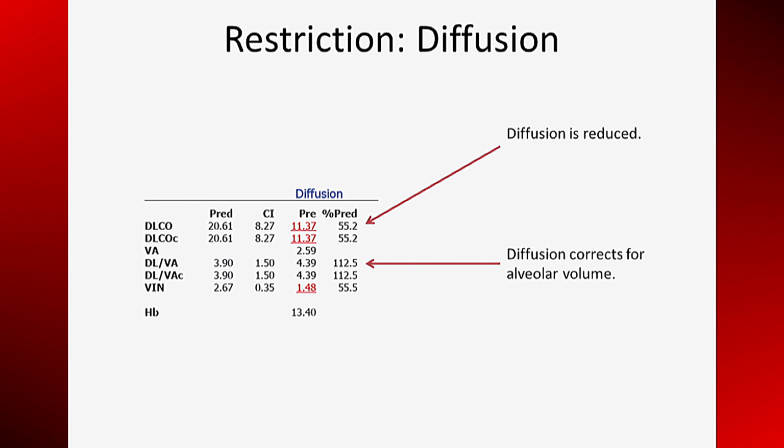The DL to VA ratio is normal. This is diffusion corrected for alveolar volume. As mentioned in the previous lecture, this implies the loss of entire ventilation perfusion units. The other possibility is selective destruction of capillaries, which would lead to diffusion impairment that did not correct for alveolar